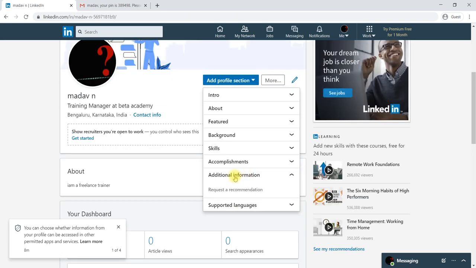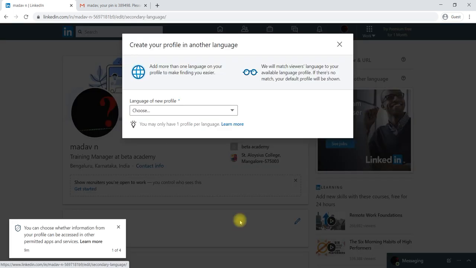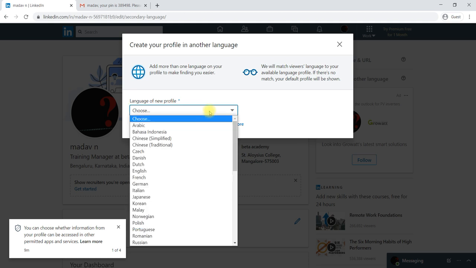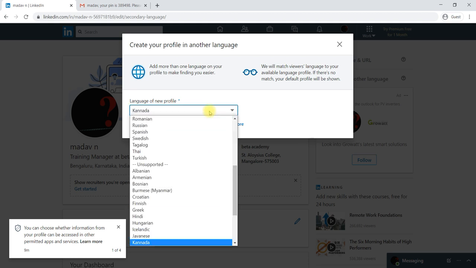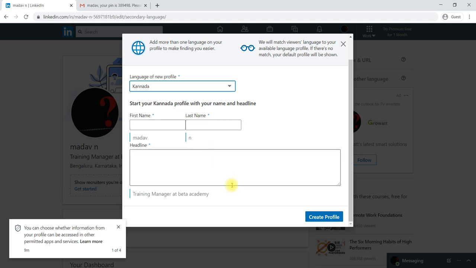Then additional information, you can request a recommendation from others, any request you like. And supported languages, in the sense, not the main communication language you have given. Here you can select other languages which you know, and you can write your profile in that particular language.